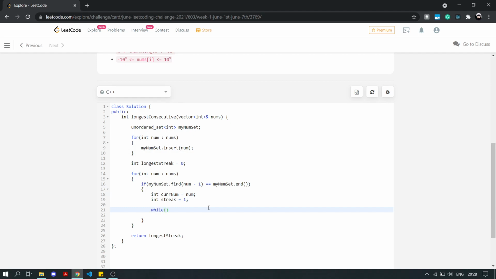Now while I keep on finding consecutive numbers, while my num set dot find, I will try to find the next consecutive number of the current num. So here you can see int current num is equal to num. Now I will try to find the next consecutive number. What is the next consecutive number? The next consecutive number is current num plus 1. If I find this is not equal to my num set dot end,